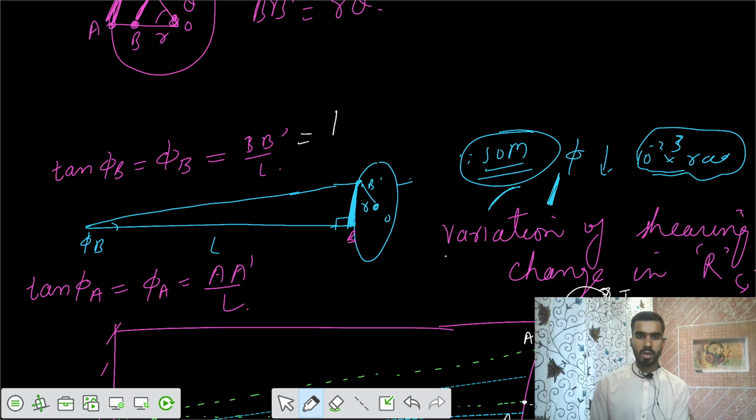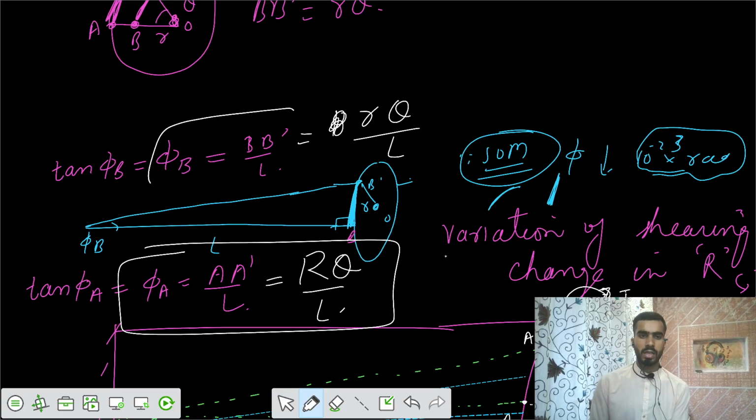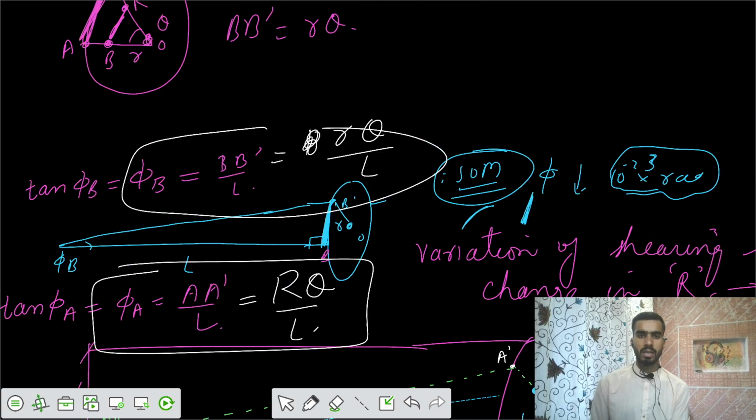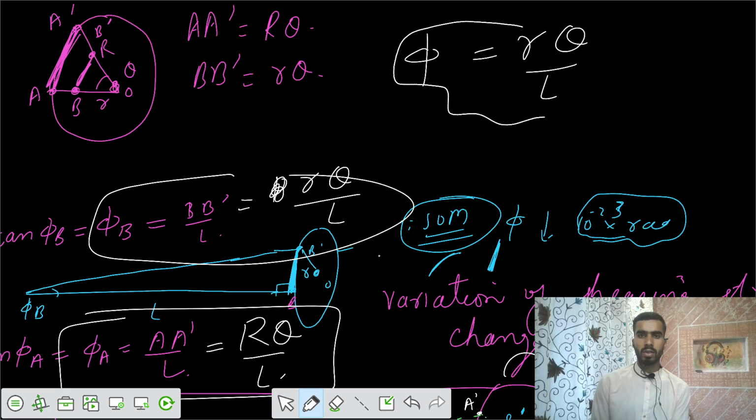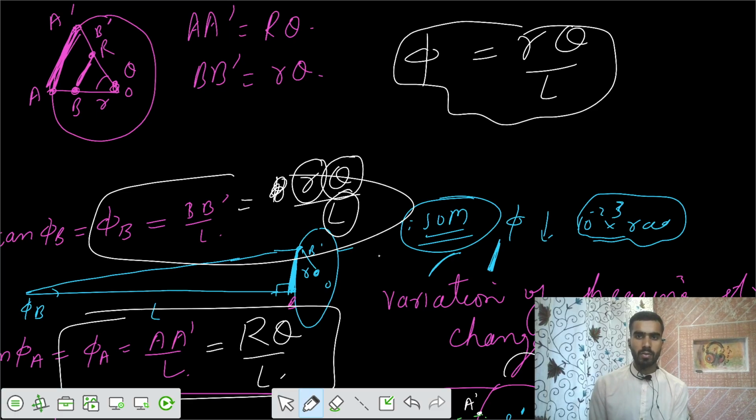BB' equals small r theta divided by l. Similarly, capital R theta by l. So we would say the shearing strain developed is equal to r theta by l. So we got this value, that shearing strain equals r theta by l, with some value of r, some value of theta and some value of l. So we would say phi is a linear function of